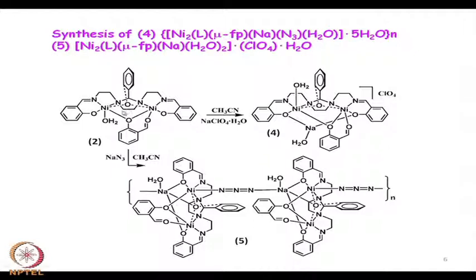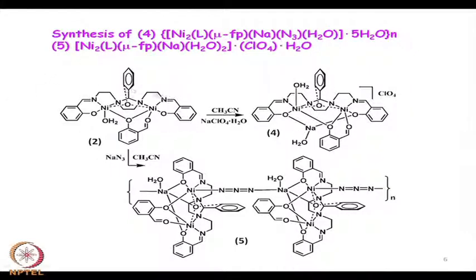A 3 oxygen crown ether we know, like the trioxacyclononane type of thing. If you have 3 oxygens, it is well known to bind your sodium ion, but in this particular case this oxygen is already utilized as a bridging group to these 2 nickel. So, this oxygen is not available for binding your sodium, and only these 2 terminal oxygen groups can bind your sodium, and sodium is also attracting one water molecule. So, your neutral compound you are forcing into a cationic compound, not providing any protonation on the phenol groups, but putting some sodium into the system.